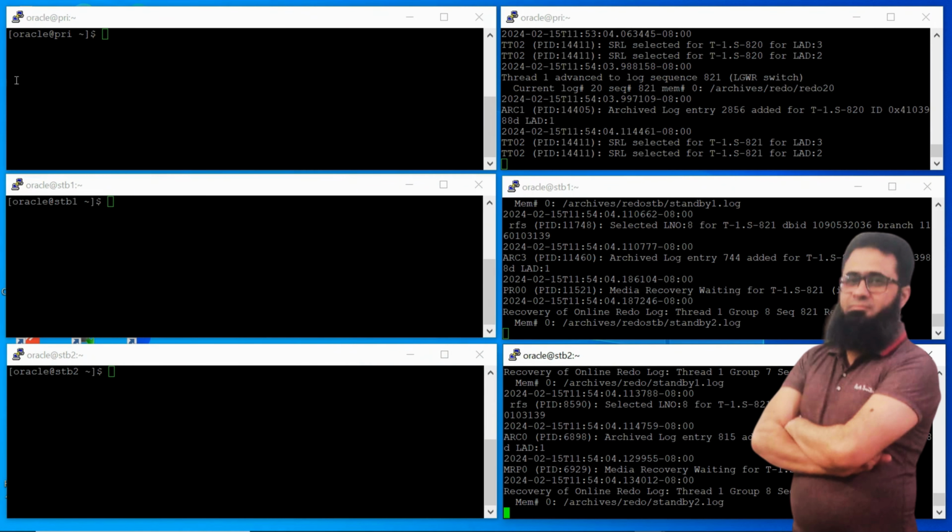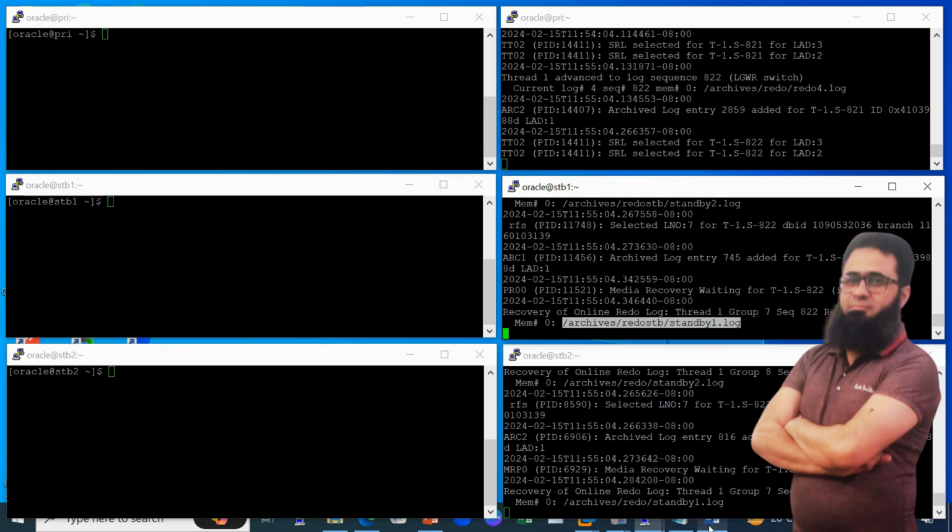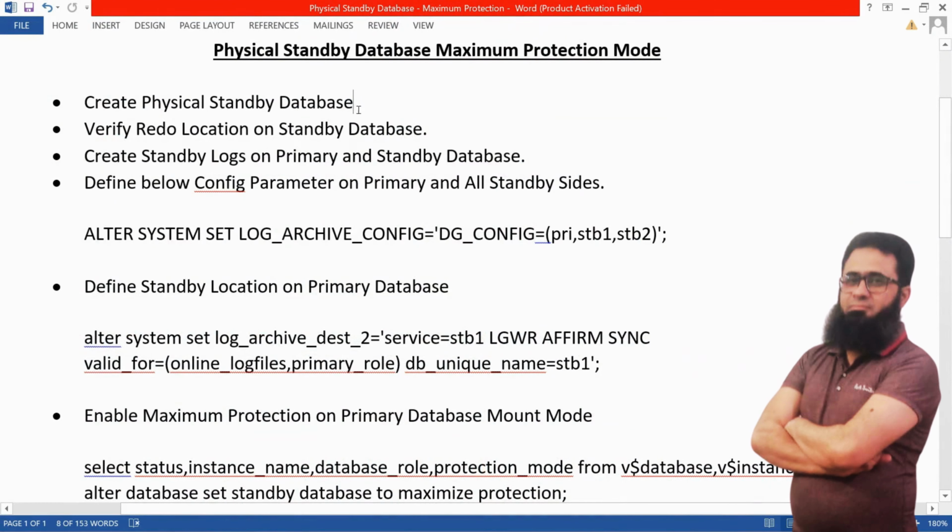This is my environment. I have a primary database and I have two standby databases. Both databases are in sync. If you see the alert log, all standby and my primary machines are in sync. So before this,